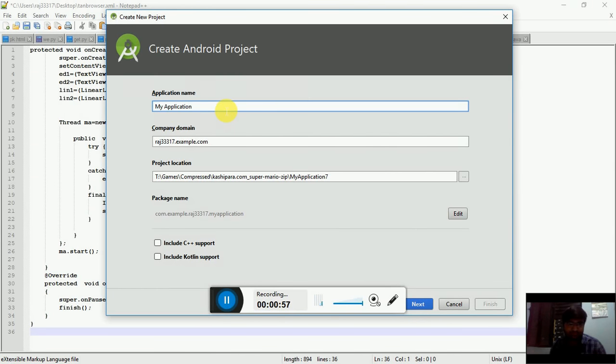You can give your application name what you want, so I am giving it simple splash screen. And here you can include your C++ code or Kotlin. All the editing has been done. Now I will press next,